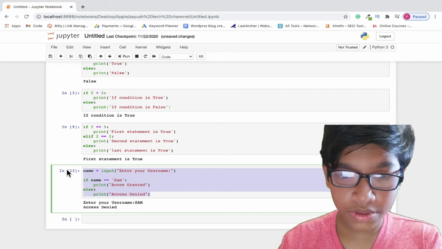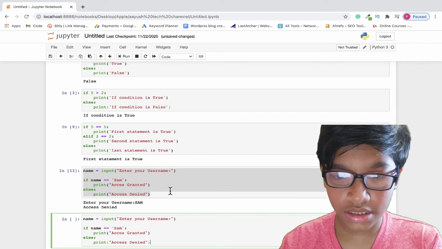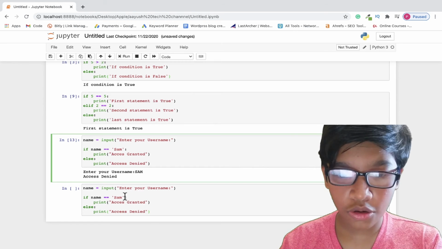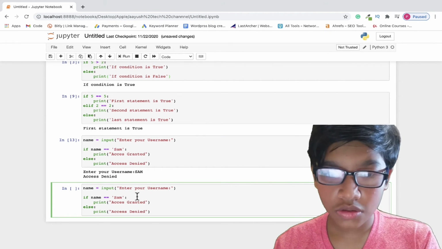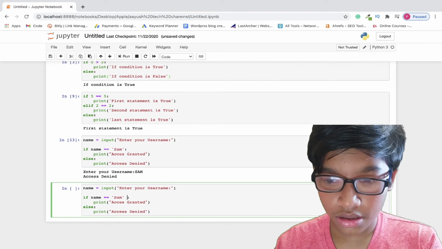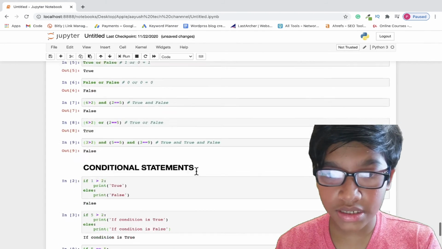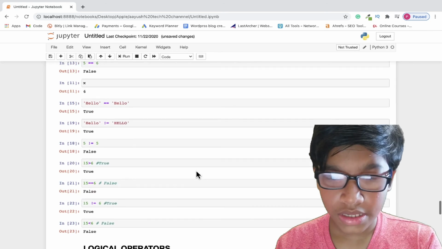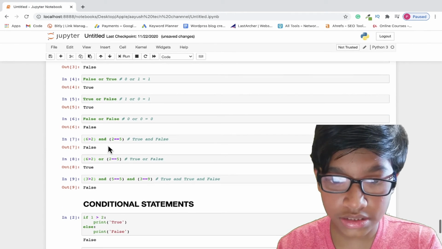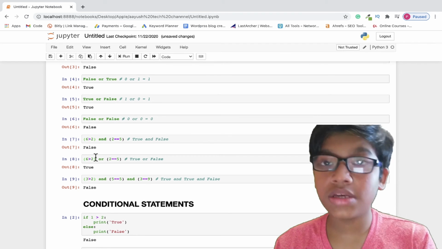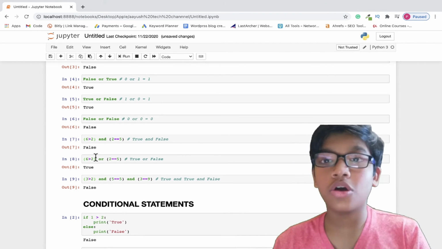So here let's copy this once again and paste it here, and we are going to do a little bit more advanced way. Here we are going to write OR. Let's go back a little bit. In our logical operators video, we have already discussed the OR. Here you can see if any one statement is true, you're good to go.